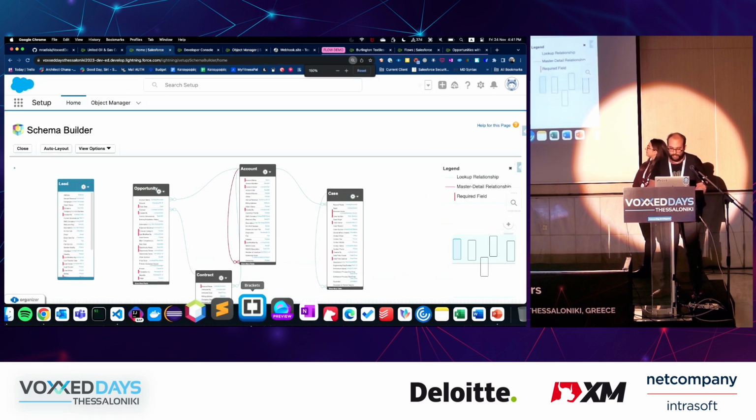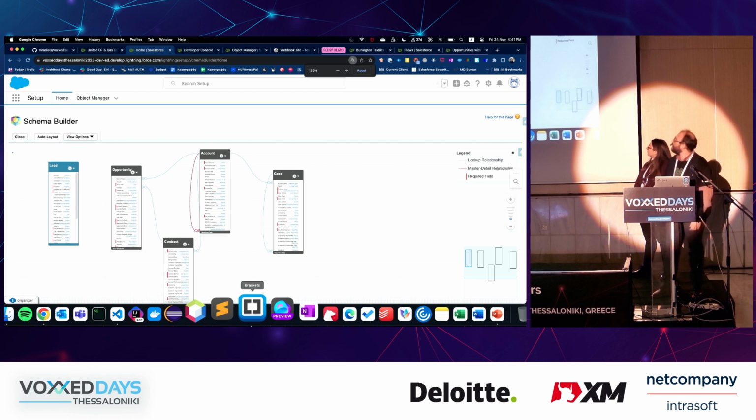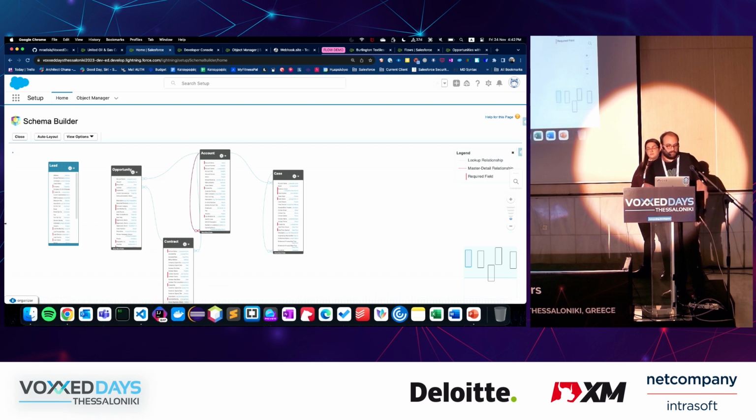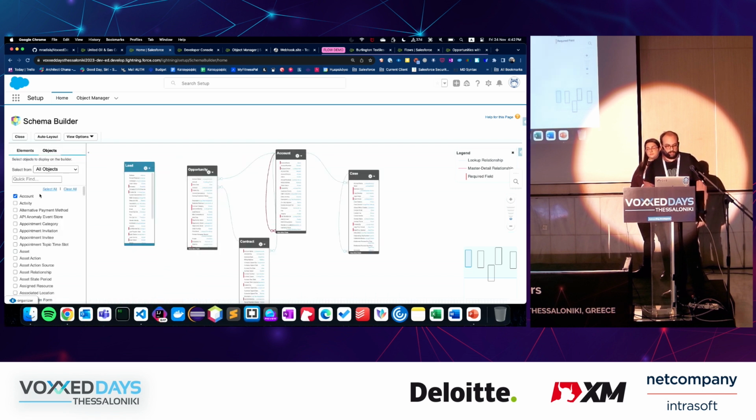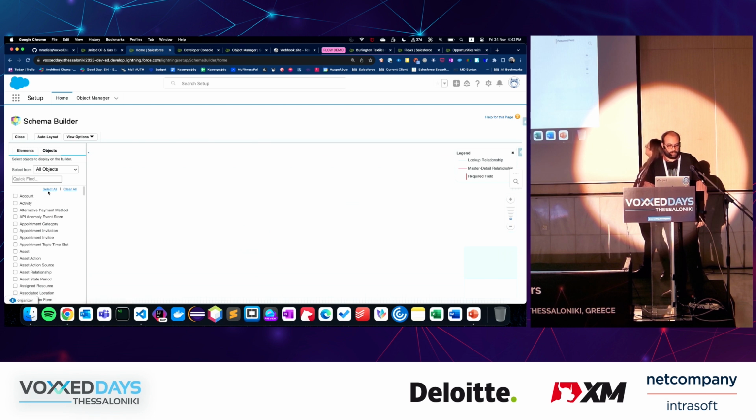Here we can have a brief overview of Schema Builder. This is a representation of our database and the relationship between the different database tables. Here we have the basic ones: accounts, leads, which are prospect accounts, opportunities, cases, contacts. These are just the basic objects, because if I do something like that,